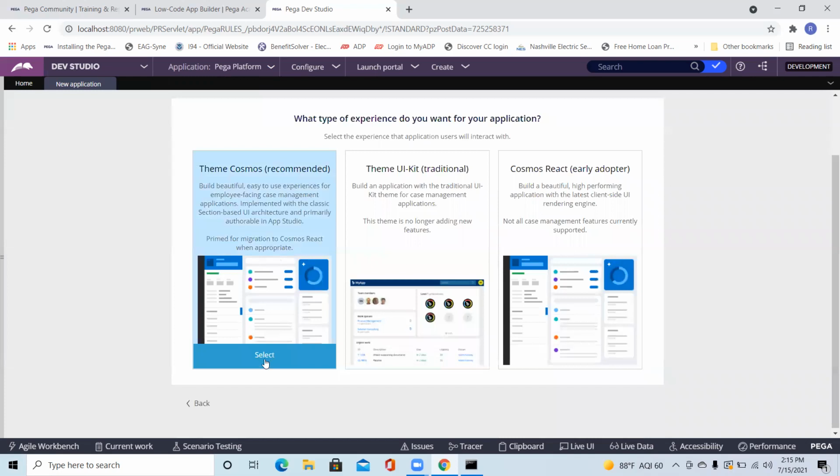This is a new thing introduced in Pega, where they have created some good, user-friendly, good-looking portals which you can reuse, or otherwise you have some facilities to create a good UI. Any doubt? No, right? So we are selecting the theme, like how the UI of the application will look like.